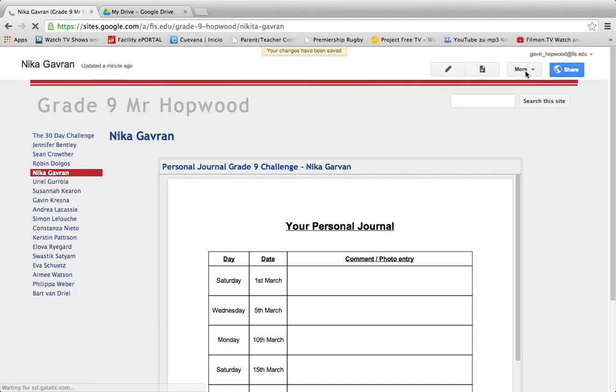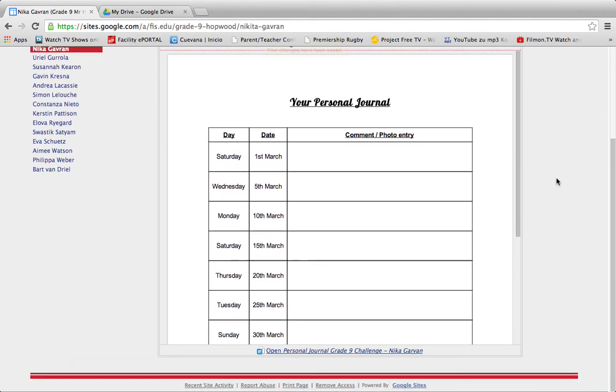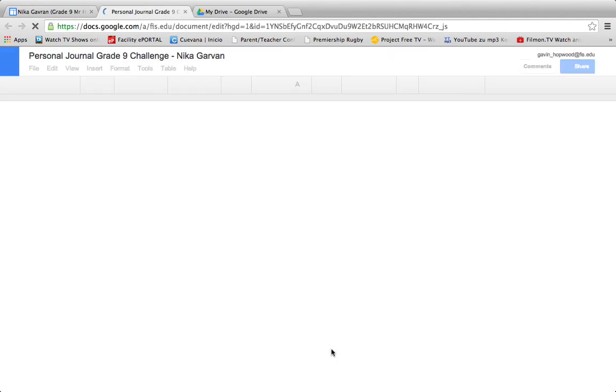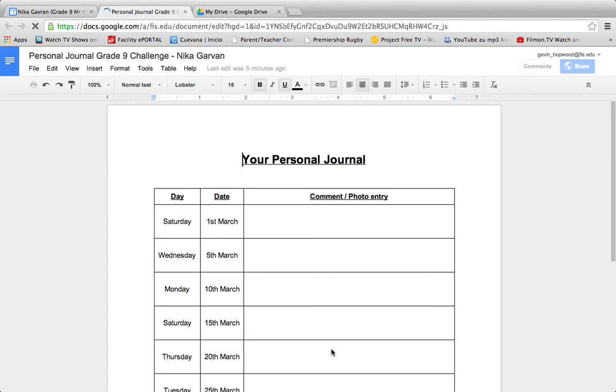the personal journal grade 9 challenge page for Nika has now been presented in her page. You can't write on the page in Google Site. You can only write on the page in your Google Documents, and you should see that there's a link that will take me to that, so that when I need to write, once Nika's done the 1st of March, for example, she can start writing in here, and then if I start writing in here, oh, I had a wonderful day,